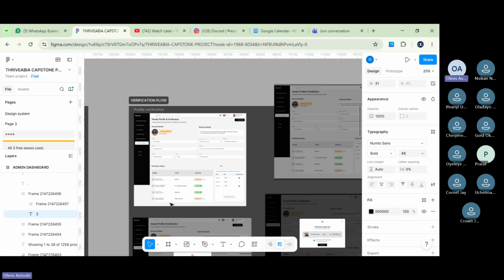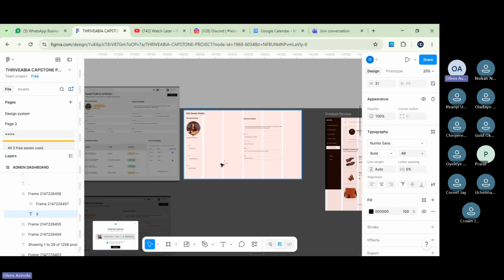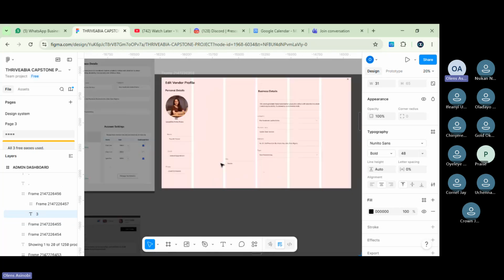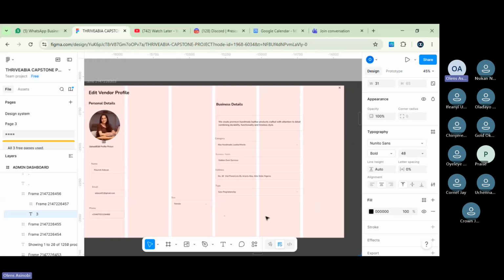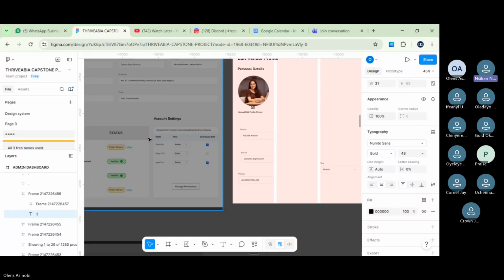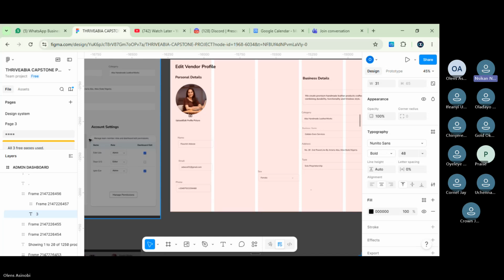Then in this edit profile, if you guys remember, I said that after this edit profile, you're going to have a next button here where a person can now upload the document. Remember, you guys are supposed to show us the verification flow where a person can upload their documents for verification. We've not added that one yet though. I hope you still remember.